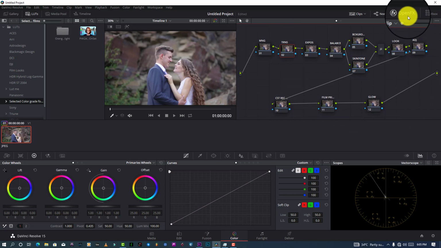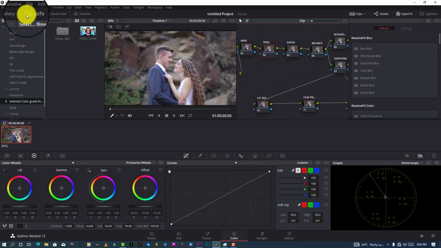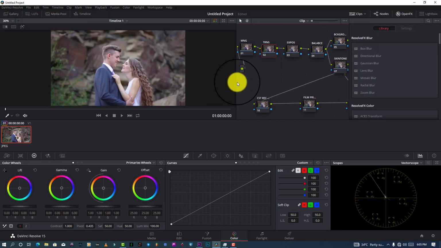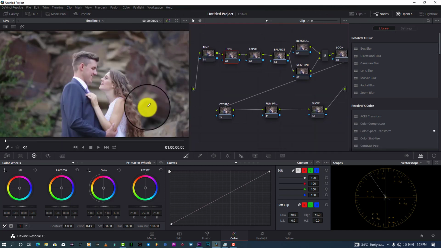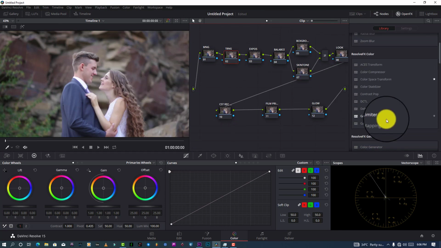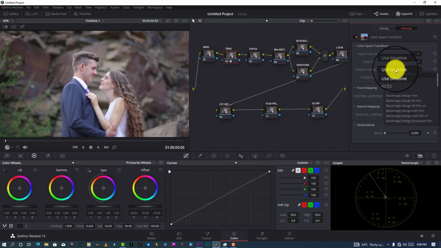So I'm going to put a plugin in here. Let me do this to make our image bigger. I'm going to convert it into REDWideGamut,